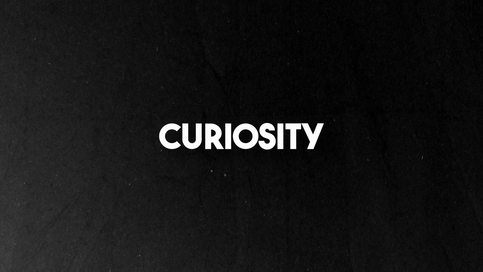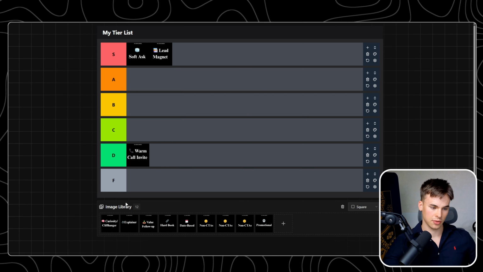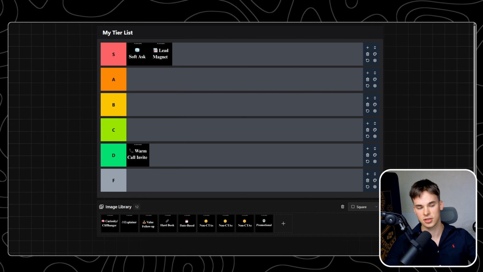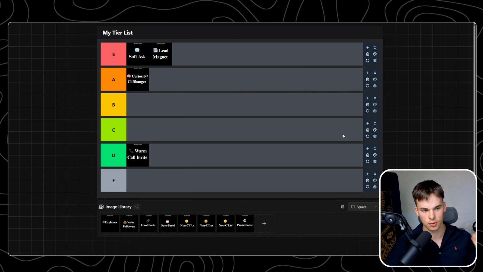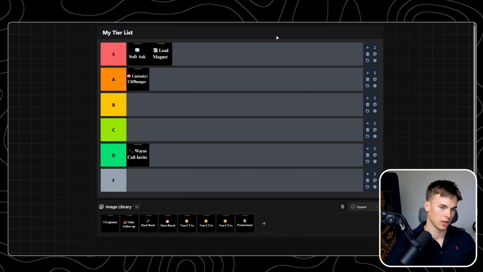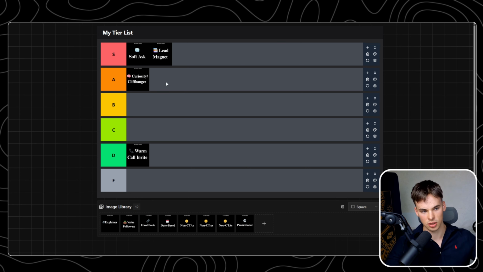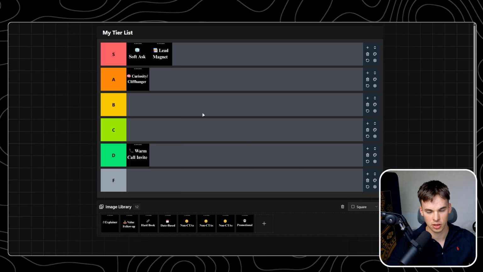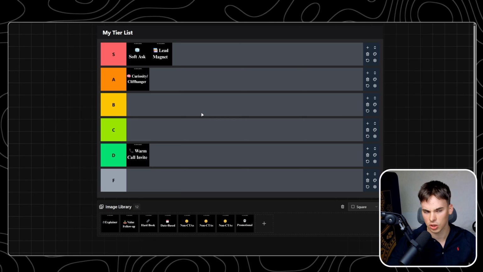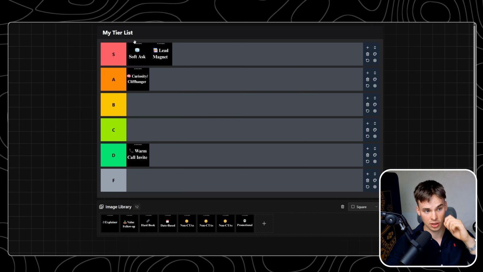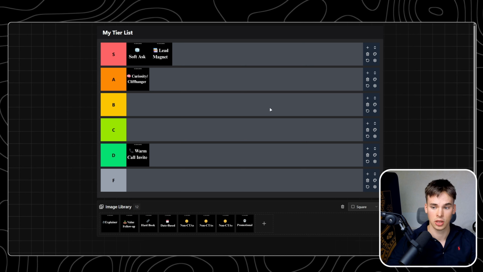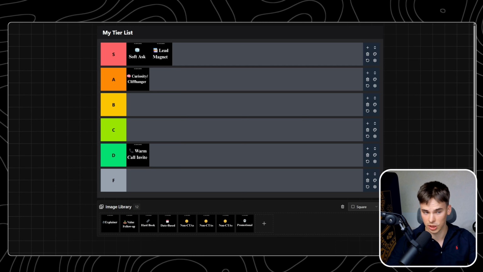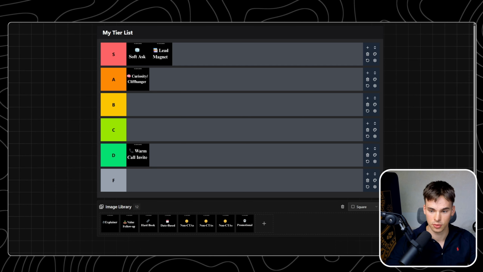Next is curiosity cliffhanger call to actions. Want to see how we built it for a competitor, a version that outperforms XYZ? Do you want it? You want it? So something like this. Absolute gold. It's A tier. It's basically like a combination of soft ask and lead magnets in just a different version. I would put it in A as it's not as clear most of the time. It doesn't work on all prospects, on all markets, just like these do, but it could definitely be even better than these in the right market, leveraged correctly. Because, you know, with cliffhangers we usually like to see what's happening or want to know what's behind it, so we're just that much more likely to respond.